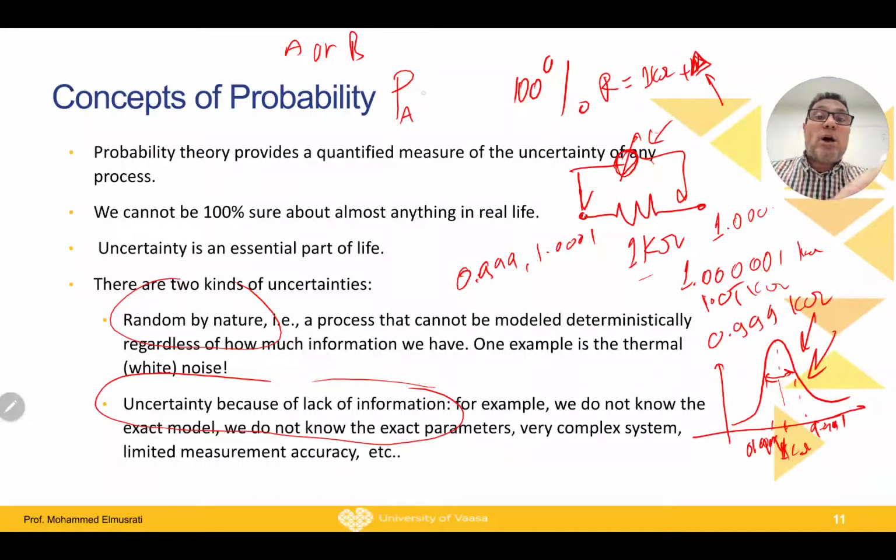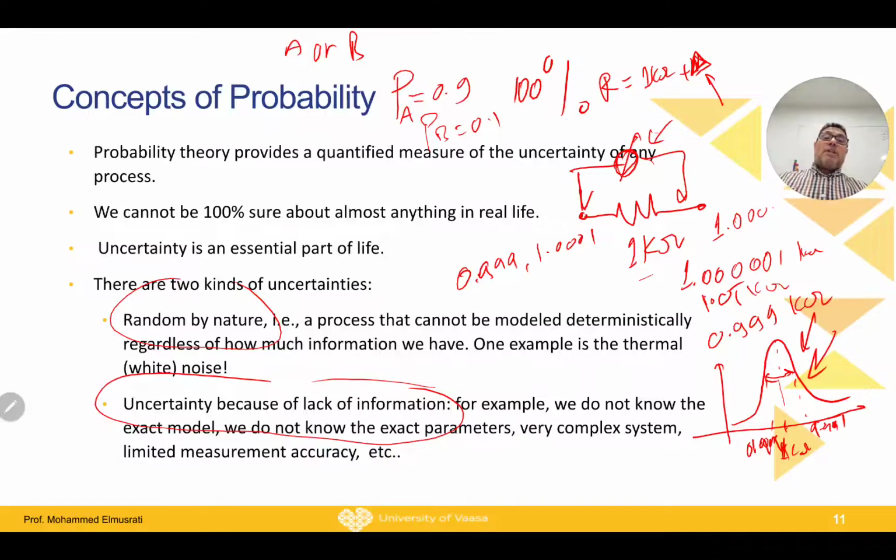The probability of A actually gives you your uncertainty about the event. So if the probability of A is equal to 0.9, because the total probability is equal to 1, it means that the probability of B is equal to 0.1. In this case, of course, you should have more belief in A than B, because the chance of A to happen is much larger than the chance of B to happen.